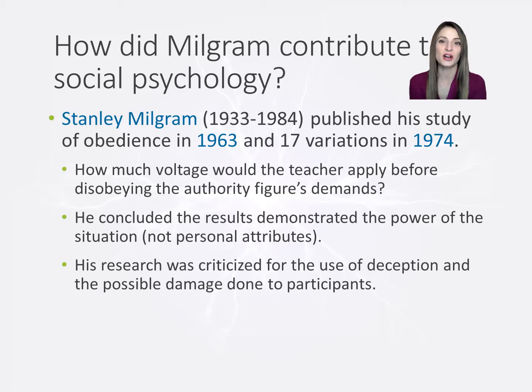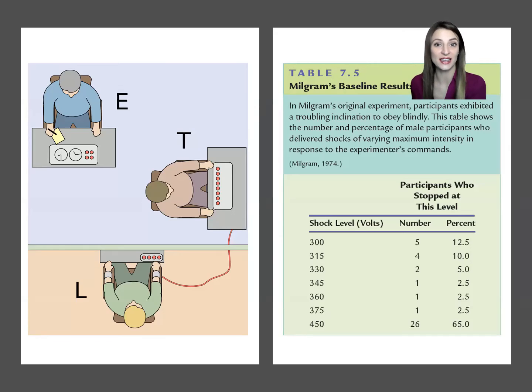Like many of the other social psychologists' work in the 1960s and 1970s, his was criticized for his use of deception. He was not entirely honest with his participants, and some of his participants reported unsavory outcomes after participating in his studies. So what did he do to gain this kind of reputation? On Yale University's campus, he recruited 40 men to participate in his first study. The experimenter, who wore a fancy white coat that screamed degrees and authority,